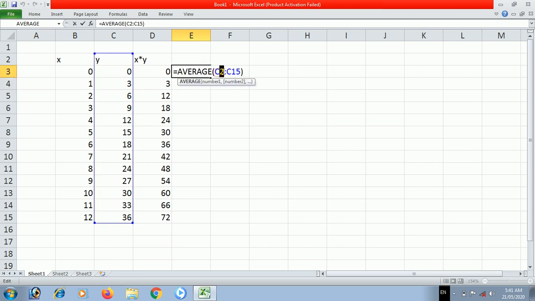Or we can select this entire thing again, and we'll go to our column and select that. That data can be selected. Rows can also be selected for this purpose. If you want to know the average of rows, these two rows can be selected. And this is for average. Many other functions are available.